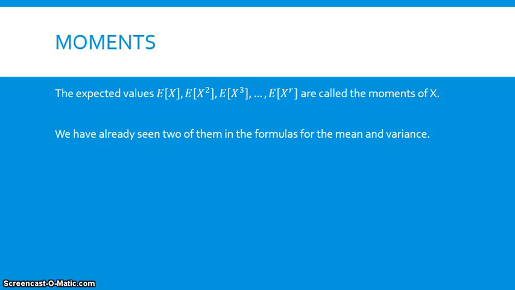We call the expected value of x the first moment of x, the expected value of x squared the second moment of x, and so on, with the expected value of x to the rth power called the rth moment of x. We've already seen two of these moments in the formulas for the mean and the variance. The mean, remember, is the expected value of x,